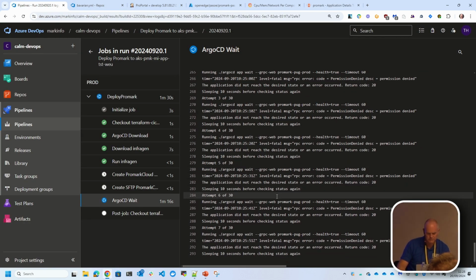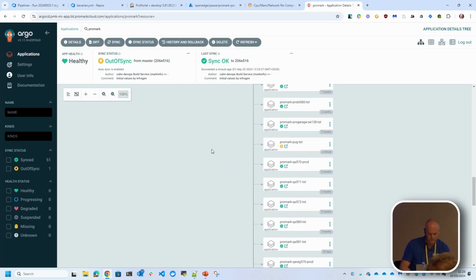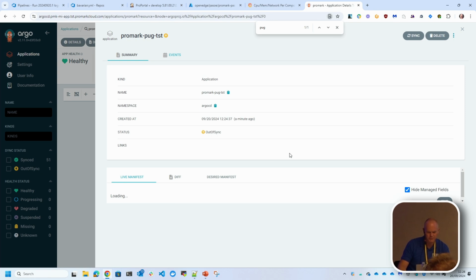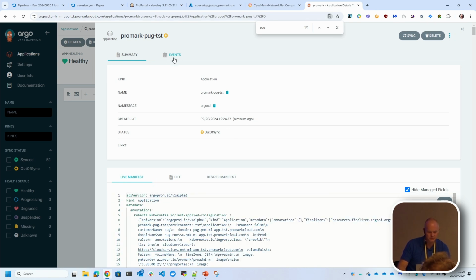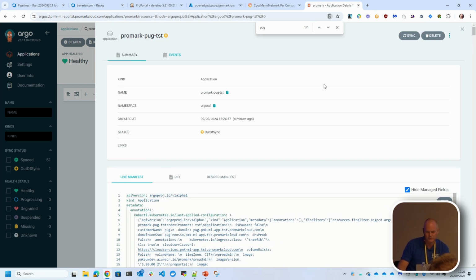Is this running? See, my PUG test environment here is busy deploying at the moment. So it's going through and doing a lot of stuff that we would otherwise have to do through the CLI with Helm